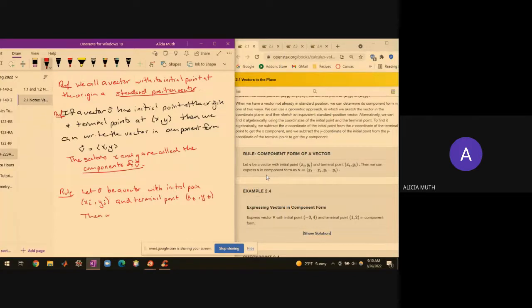Then we can express the vector, bold V, in component form